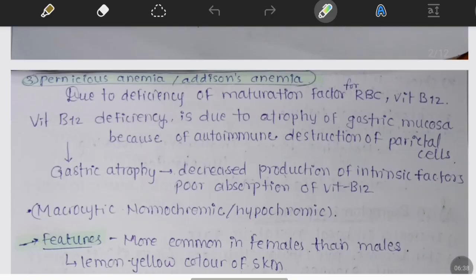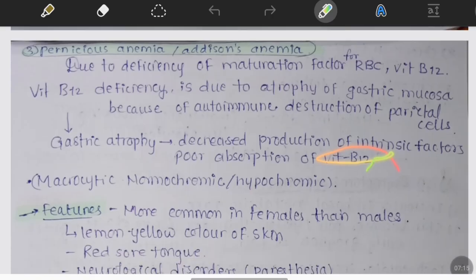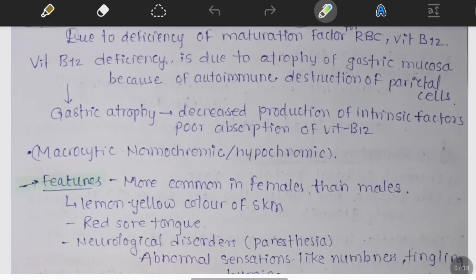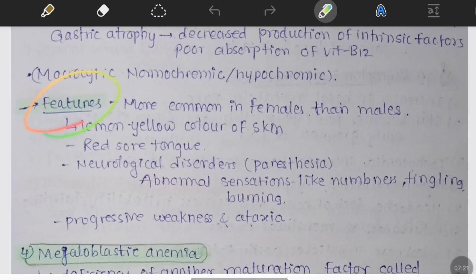In the stomach, chief cells and parietal cells are present, and the parietal cells form the intrinsic factor needed for B12. It is important in the absorption of the food, but because it is absent, gastric atrophy occurs, decreasing the production of intrinsic factor and causing poor absorption of B12. Macrocytic normochromic anemia, and the features of pernicious anemia, more common in females than males: